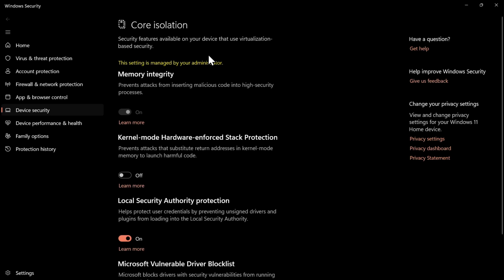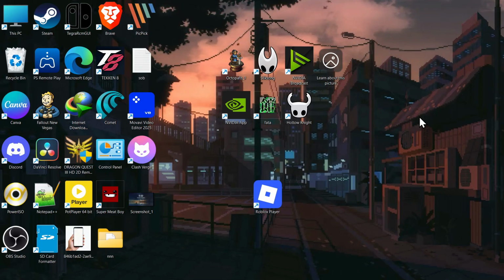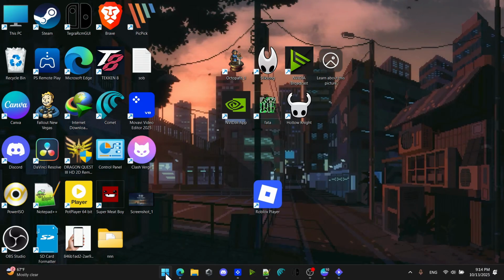And now from here, if you have turned on the memory integrity or core isolation, you need to turn it off from here. So you need to actually open the settings as an administrator to actually be able to turn it off. So after that, if this didn't actually help you, you need to go to the start menu again